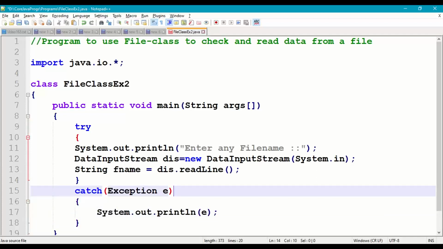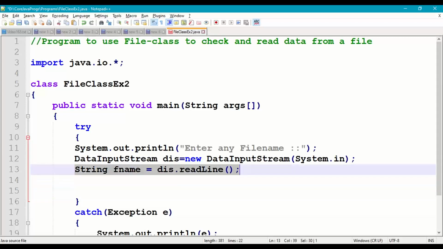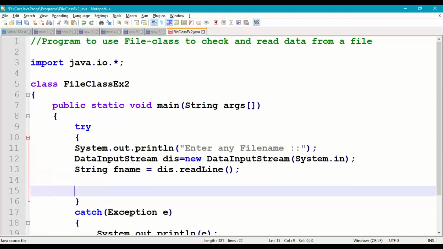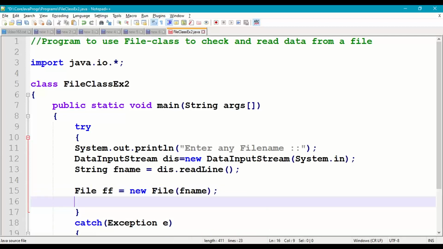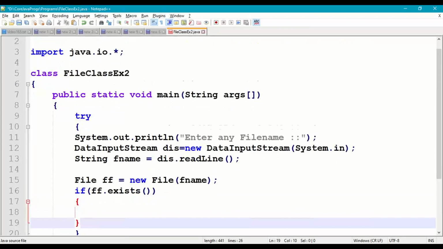So now once we got the file name, we will associate this file name with File class. File ff is equal to new File constructor, and for this we are passing the file name as parameter. So now we will check if ff.exists, if that file is there in our working directory,